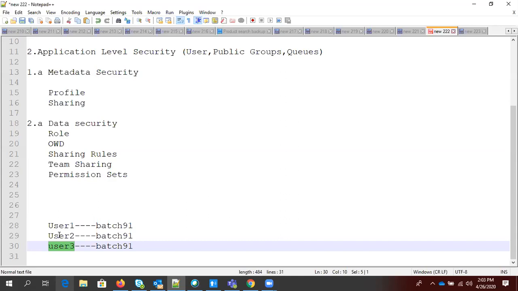You can create it, there is no restriction to creating a new profile and assigning it to user 3. But as a best practice and a recommendation from Salesforce, you have to keep the number of profiles as minimal as you can. For a single permission, you can't go ahead and create a completely new profile and assign it to user 3. This is not recommended.